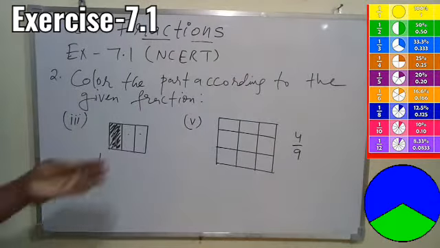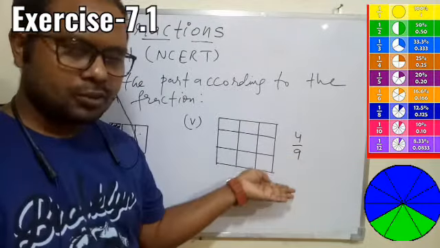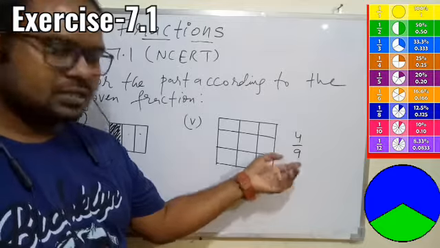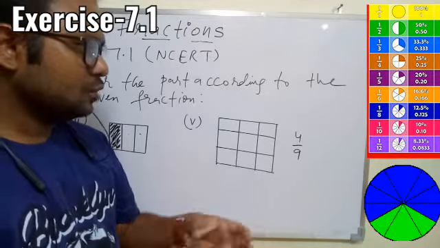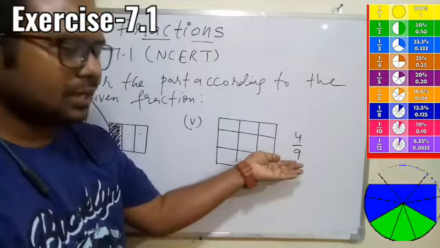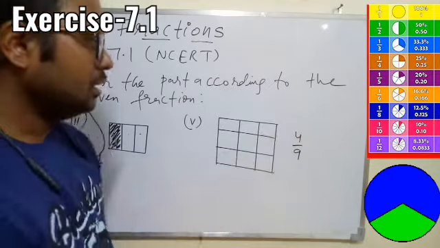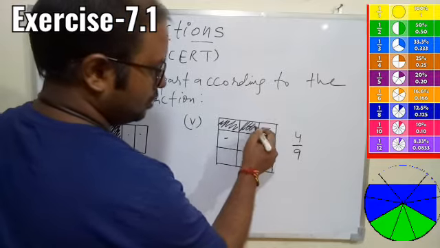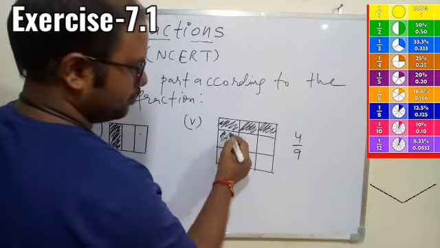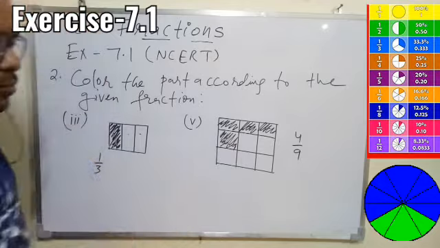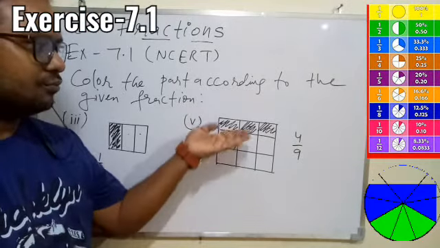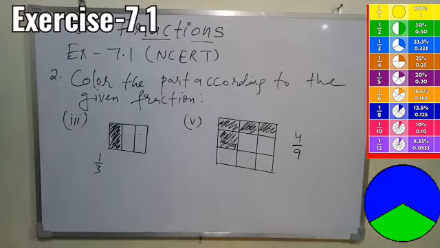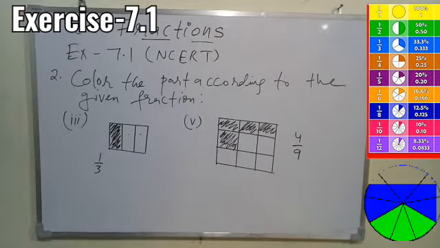So according to this, the fraction given to you is 4/9, which means the total number of parts we have is 9. So we can say 9 parts make one group, and out of 9 how many have to be colored? 4. So simple. You can select any 4, 1, 2, 3, 4 and just color them. You must fill it properly with the pencil or colored pencil if possible. So you understood, out of 9, 4 we have colored and 1, 2, 3, 4, 5 are non-colored. Simple. So that is how we can show the fraction.